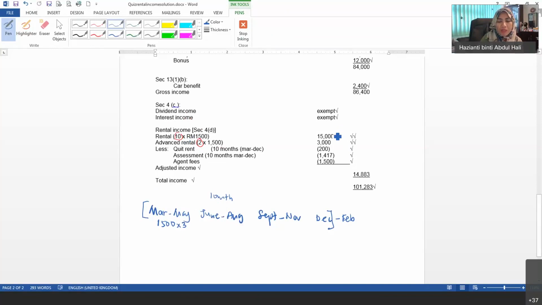Our accounts close for personal tax on the calendar year, so it ends in December. So January and February, he has already received the rental in this year. So here the 3,000 he has received in advance is actually for year 2021, but he received it already here. The concept of advance rental is that we tax it in the year he receives it. So it is payable in advance: he receives it in December, but the December payment includes January and February of next year. Understand?